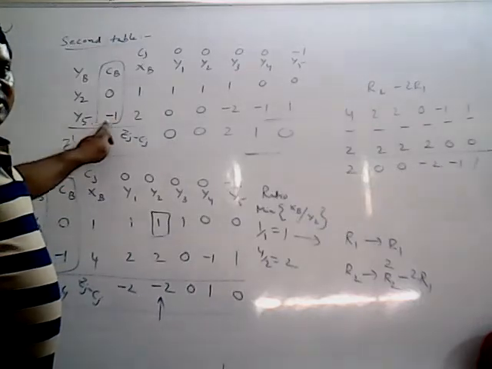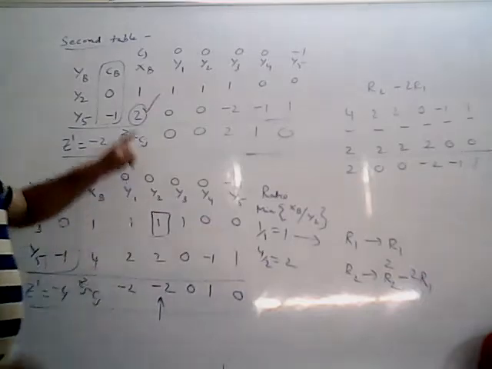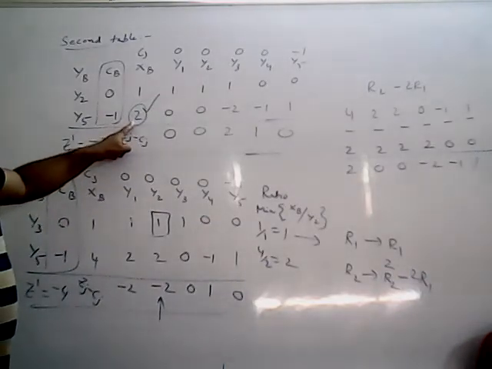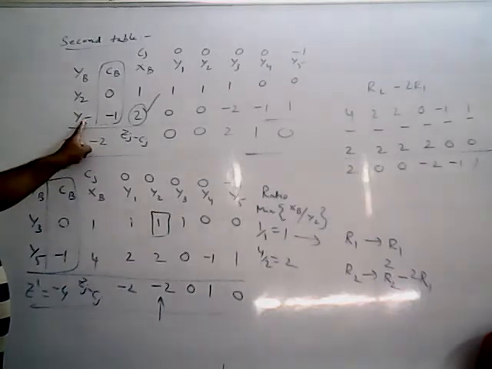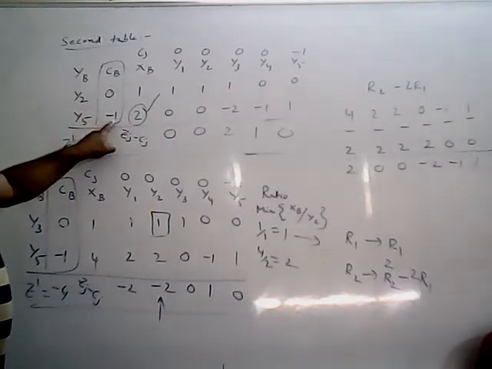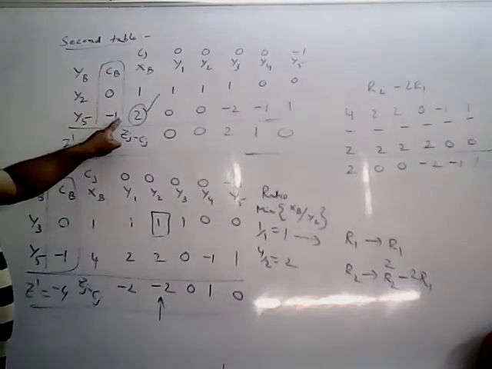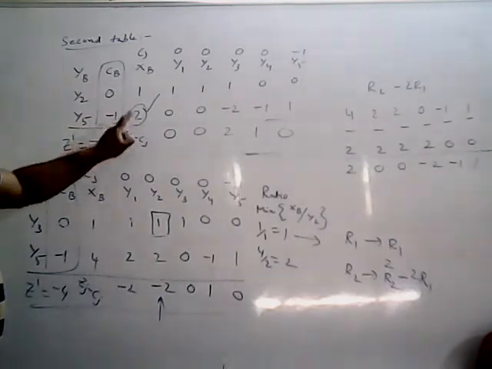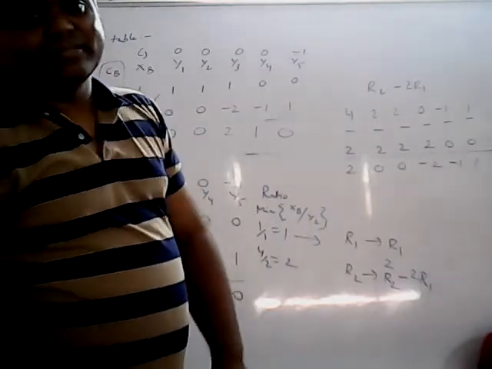Y5 is an artificial vector or not? One artificial vector appears in the basis at a positive level. The positive level is 2, which is a positive number. So maximum z dash less than 0 and one artificial vector. Why am I saying y5 is an artificial variable? Minus 1 means artificial variable. And at least one artificial vector appears in the basis at a positive level. Then what is the conclusion you have to give? The given LPP does not possess any feasible solution.